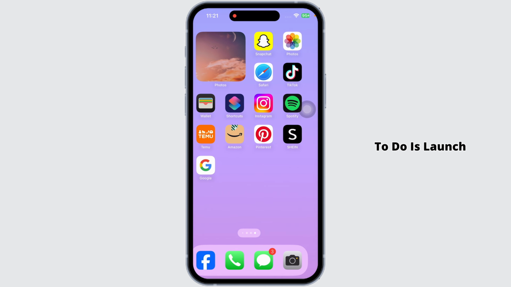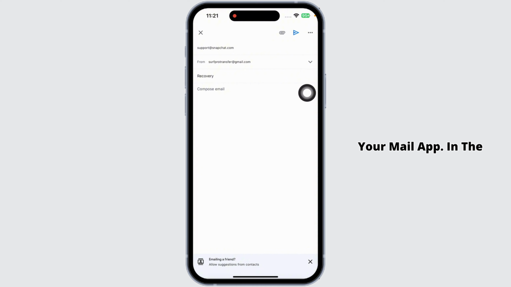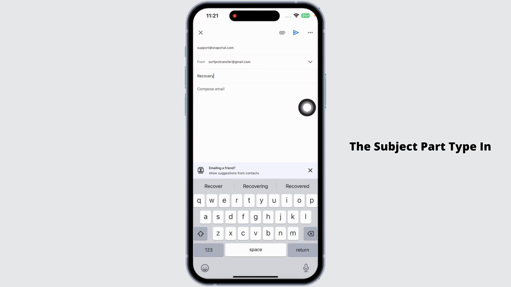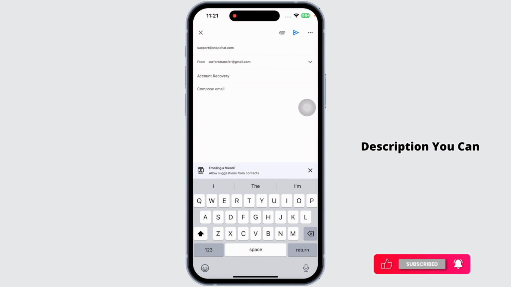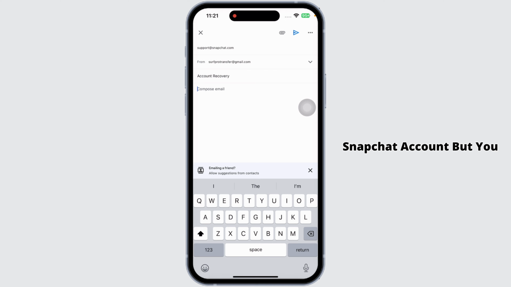Likewise, another thing you want to do is launch your mail app. In the recipient, type in support@snapchat.com and in the subject part, type in account recovery. Now, in the description, you can explain that you want to log into your Snapchat account, but you don't have